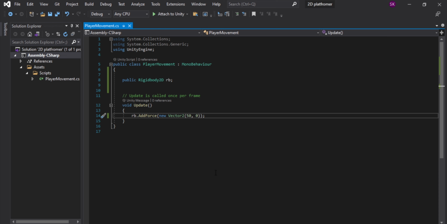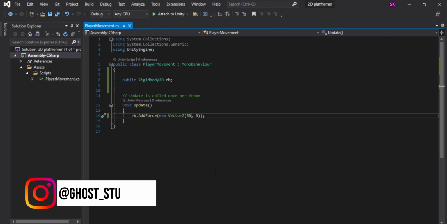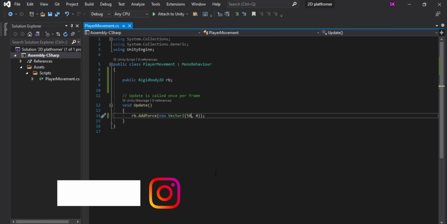That means if you have a really good computer that is drawing a bunch of frames a second, the cube is going to travel faster than on a slower computer that doesn't run as many frames per second, and the frame rate can even vary on the same computer.